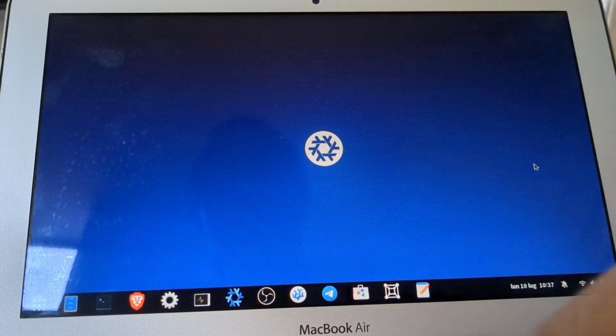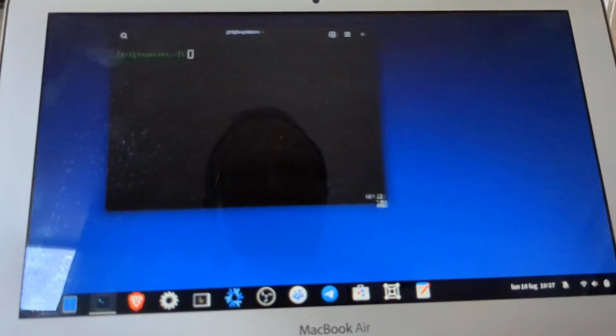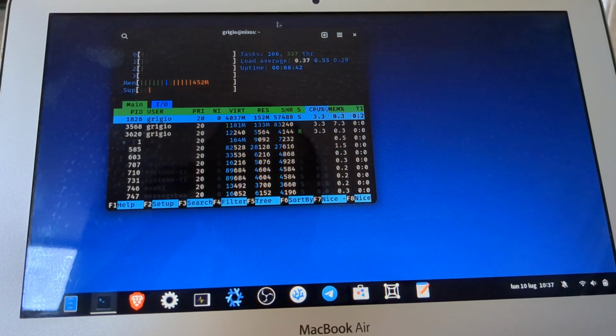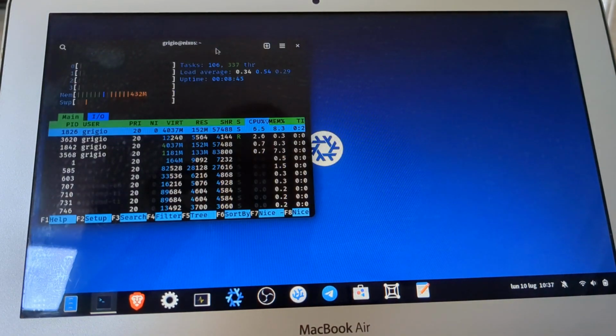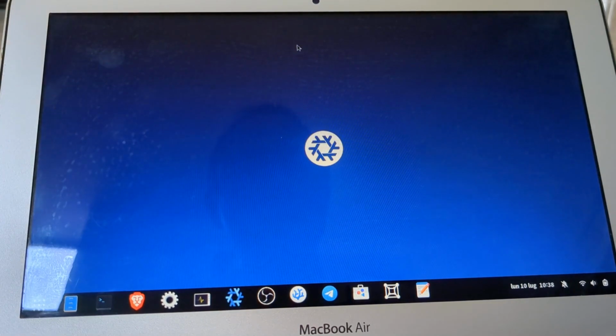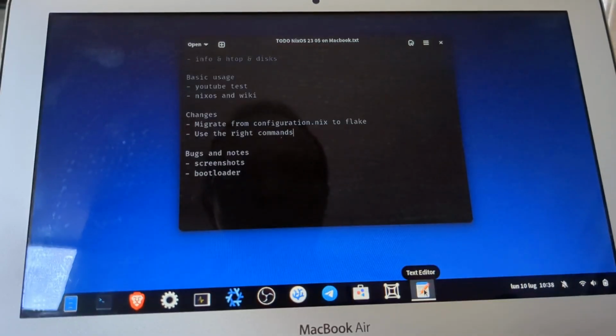Hi everyone, this is a video review of NixOS on real hardware to see how it is working, and this is the RAM consumption, and as you can see it's very good. It's about 700 megs of RAM usage, and this is HTOP. And in this video we will do some tests and some configuration about this operating system, which is a Linux